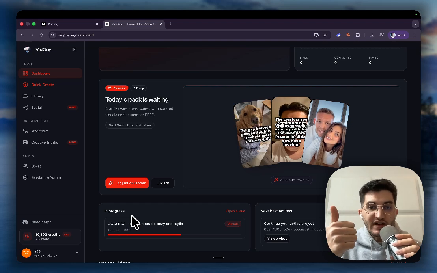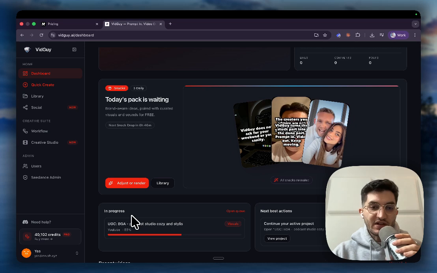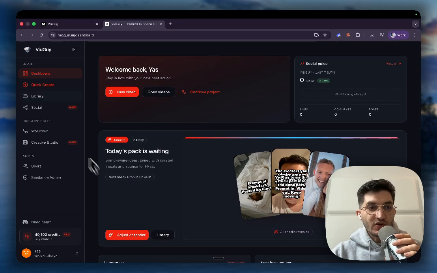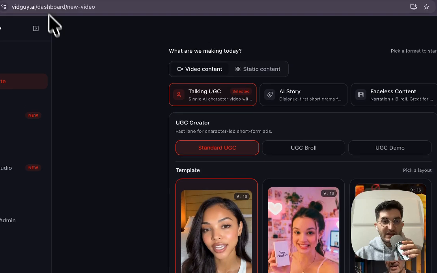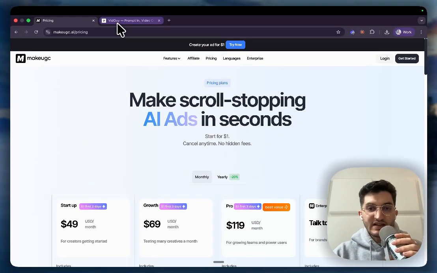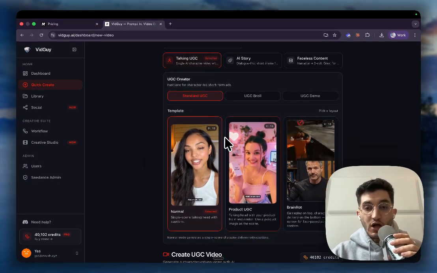So you get 1 full carousel, you get 1 wall of text, which is the one in the middle, and 1 UGC, which is the one that I just showed you. But of course, beyond that, you can also create your own content. And the main difference here, comparing back to MakeUGC,